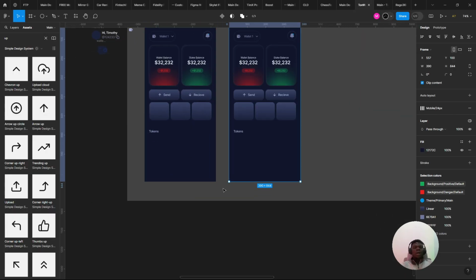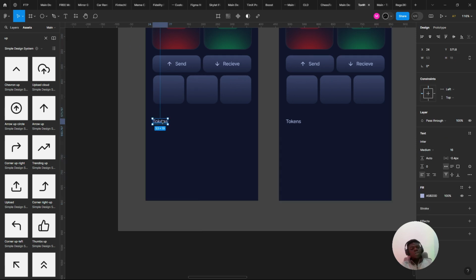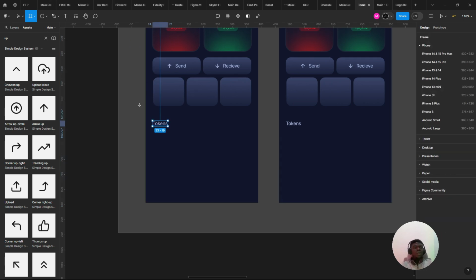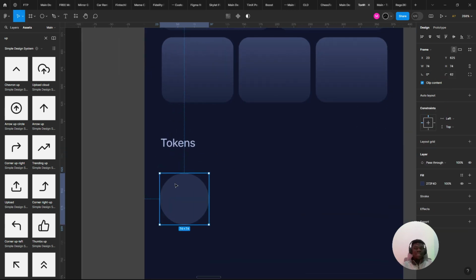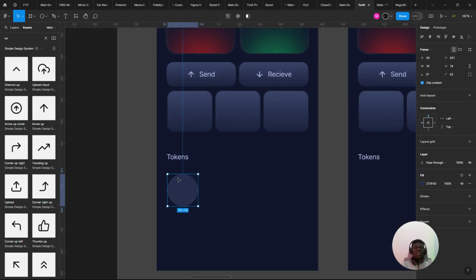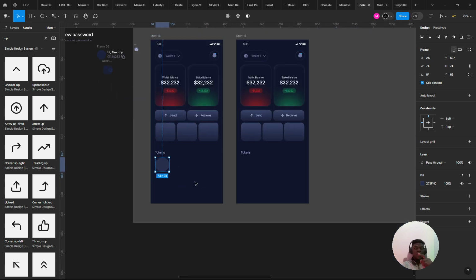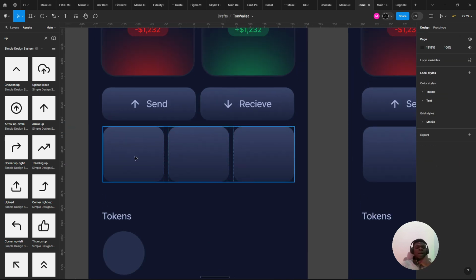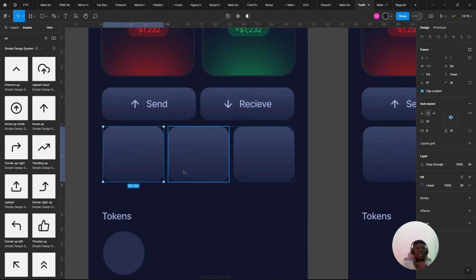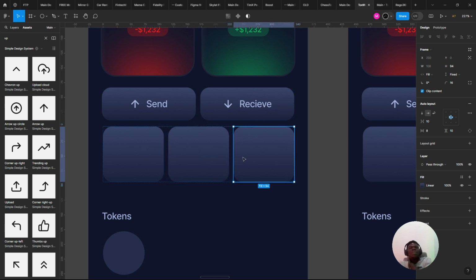Here we could do, what's the word? Ton here. That's our top token, right? And the cool part is how we introduce other things that I want to introduce from the navigation area, right? So, guys, we have stake. We're going to introduce stake, we're going to introduce swap, and then we're going to introduce maybe